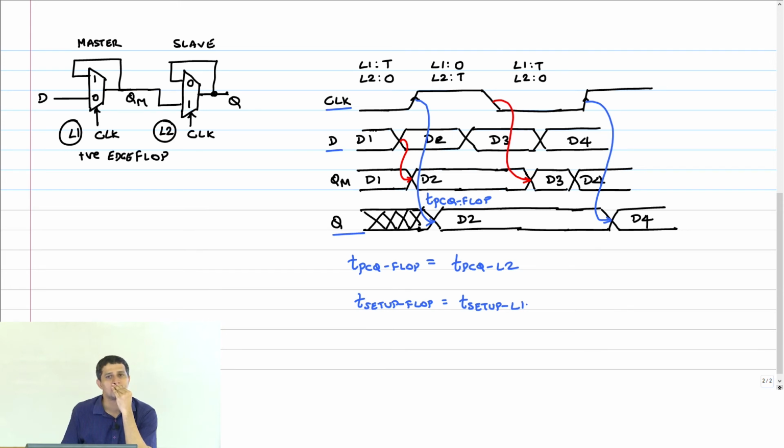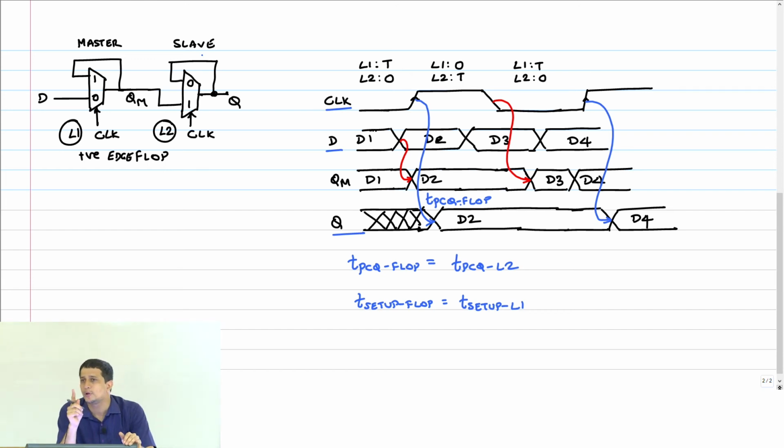Okay? So basically what is happening is L1 and L2 are operating alternately in this transparent and opaque mode and achieving this edge trigger business for you, right? Because L1 is transparent.